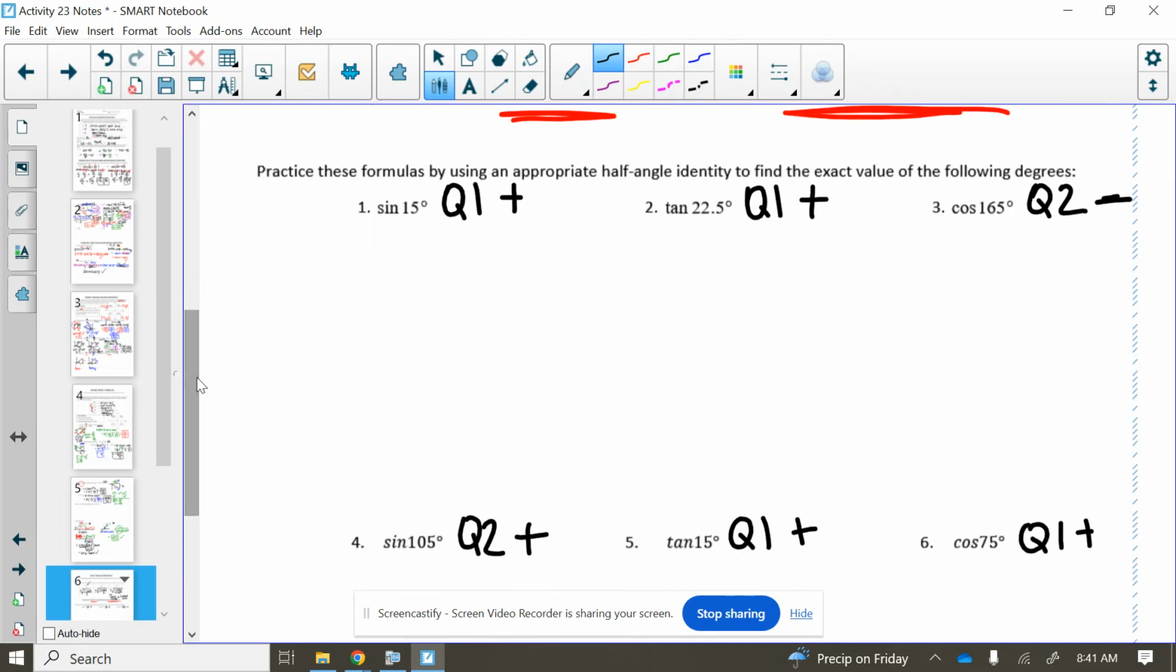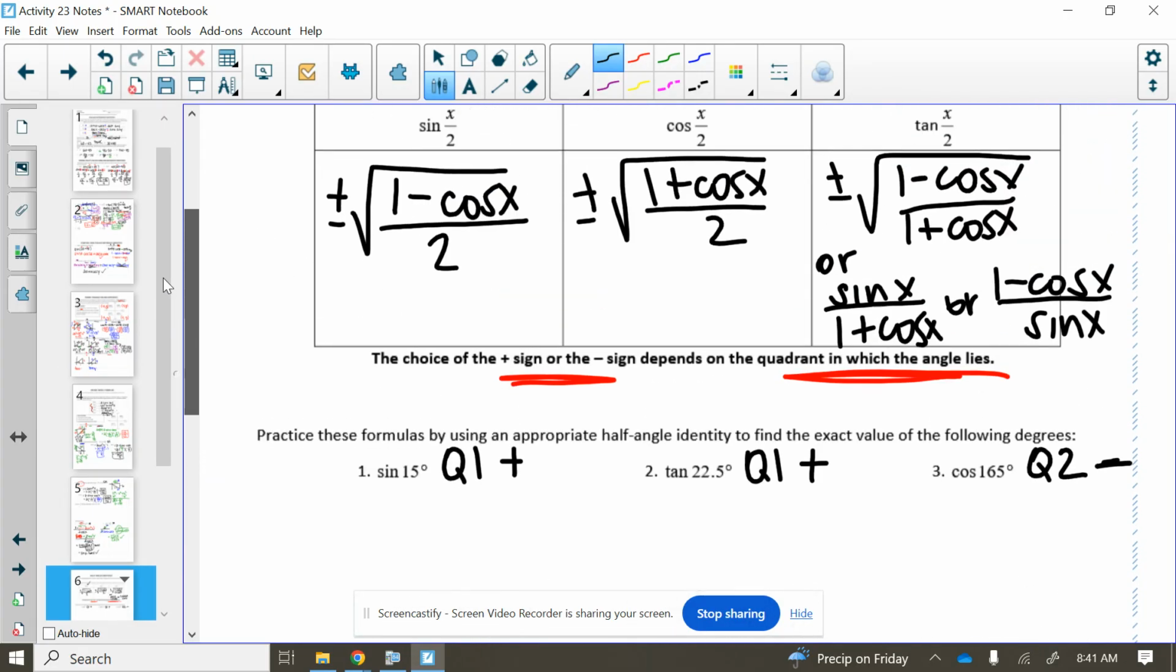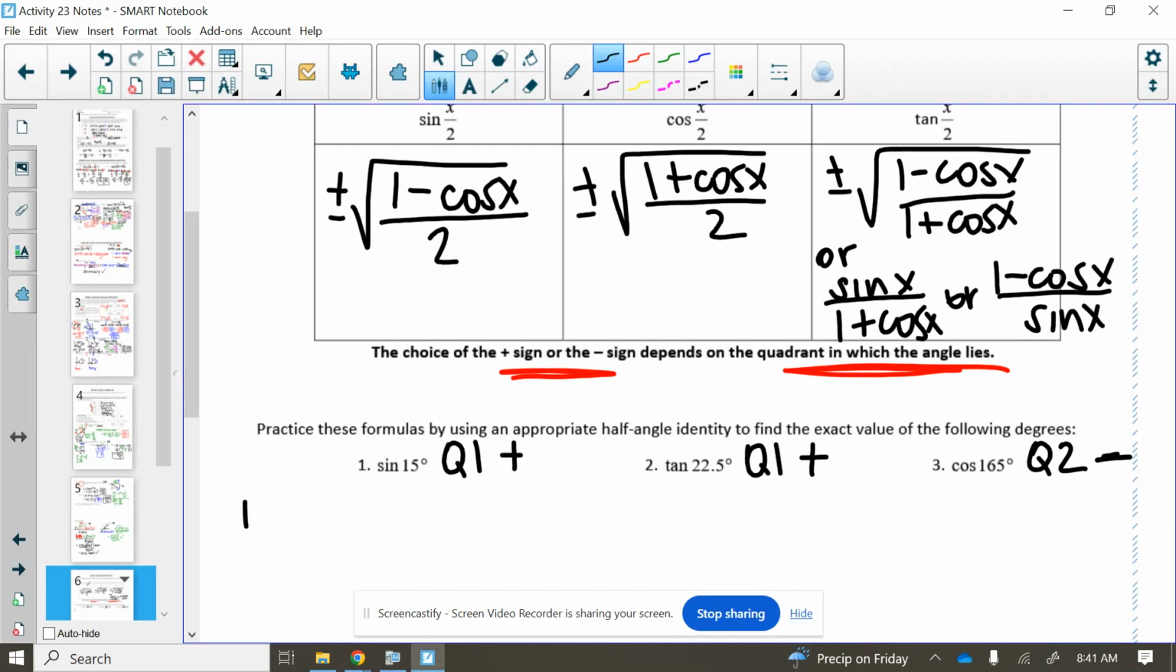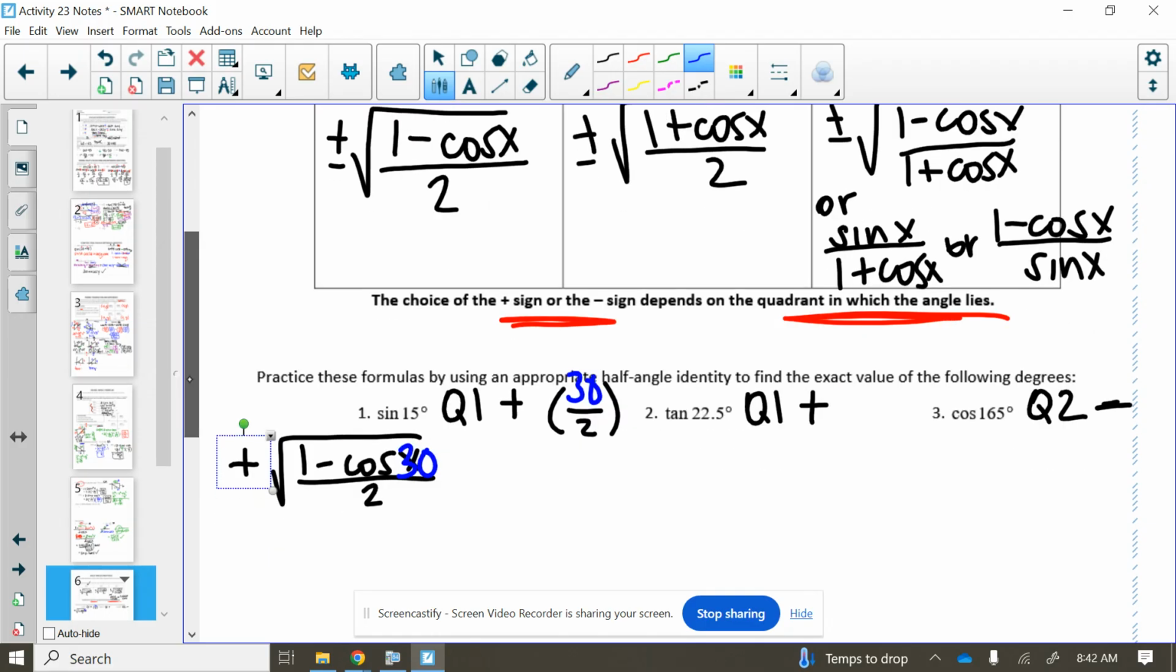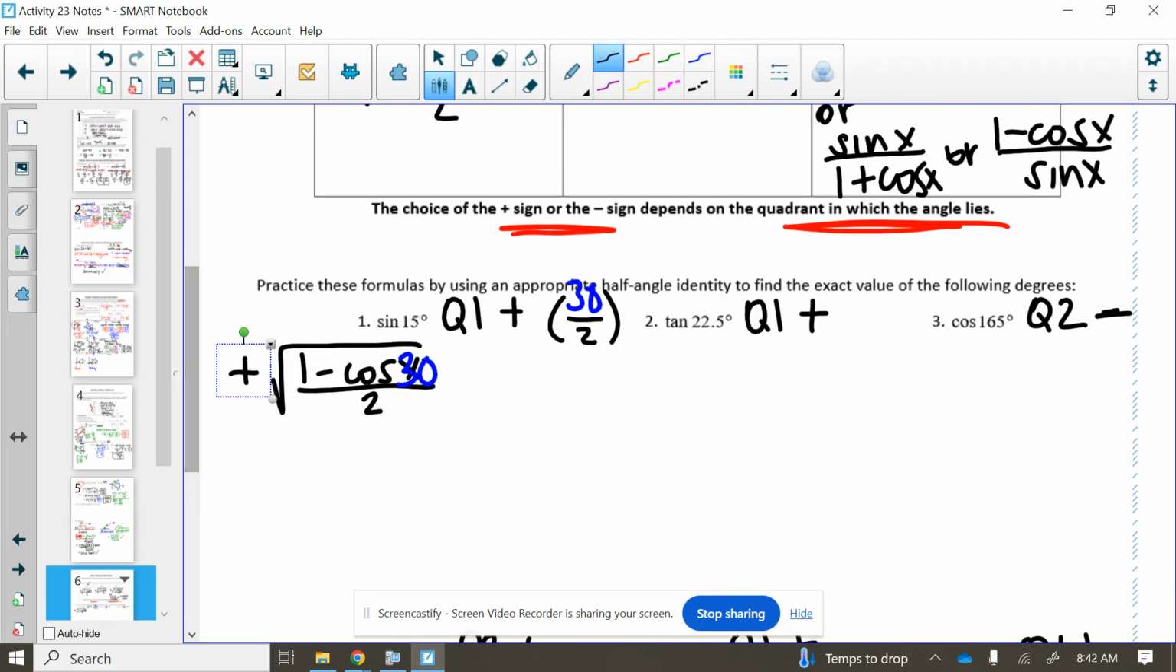Now, actually using these formulas, what do we see here? Well, if we want the sine of 15 degrees, we're going to use the positive piece of this, and then it's the square root of 1 minus cosine of x, divided by 2. Well, what's the x? We want to think about what divided by 2 is 15 degrees. Well, 30 divided by 2 is 15. 30 is a value from our unit circle that we know the cosine of. So we would say 1 minus the cosine of 30, which is square root of 3 over 2,